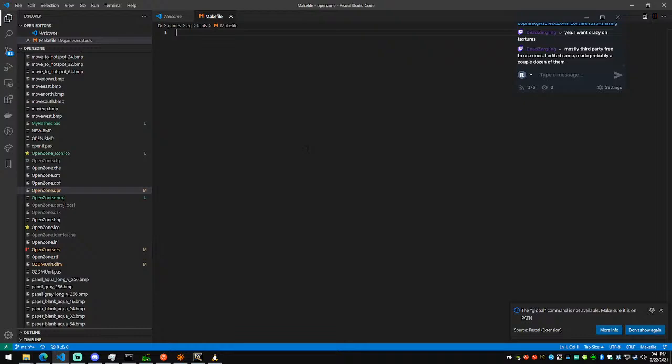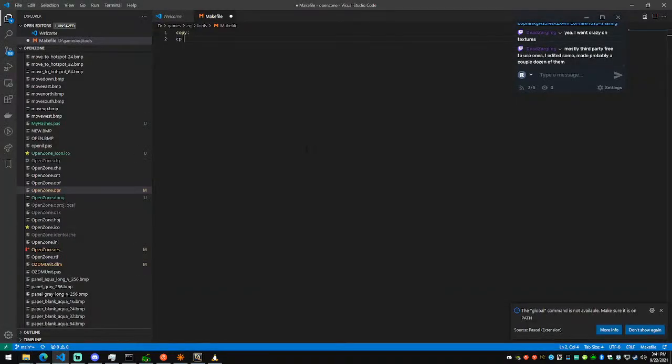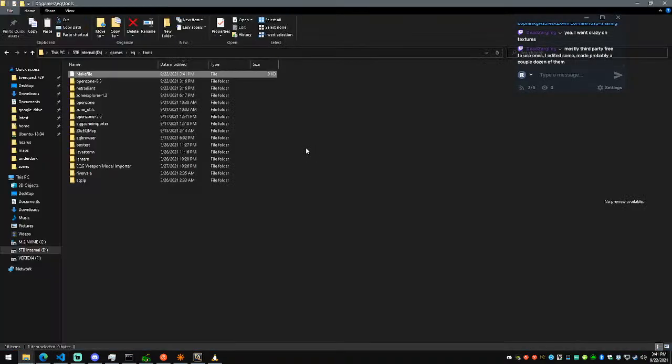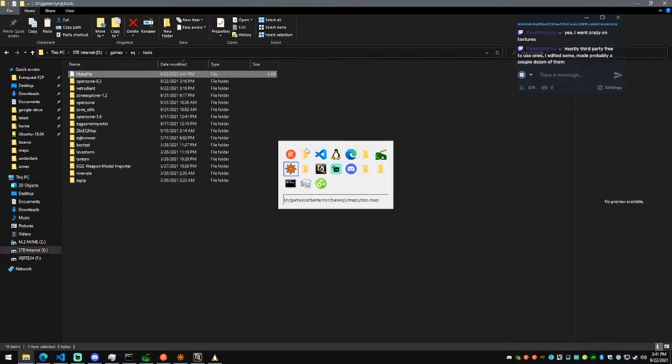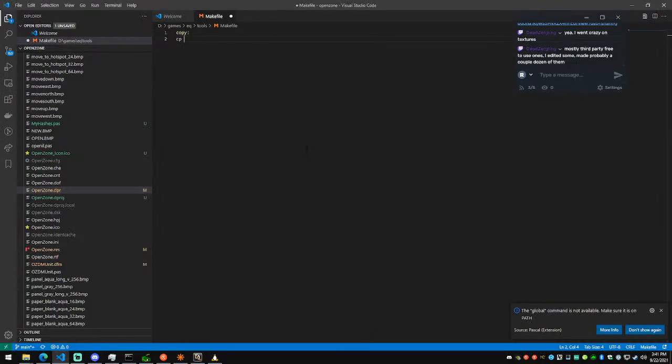Okay, so we're going to write a makefile real quick, and we're just going to make it called copy. And all it's going to do is cp, when we're in this directory. I'm trying to remember how Ubuntu, yeah, it's just mount. Okay. So we're going to copy